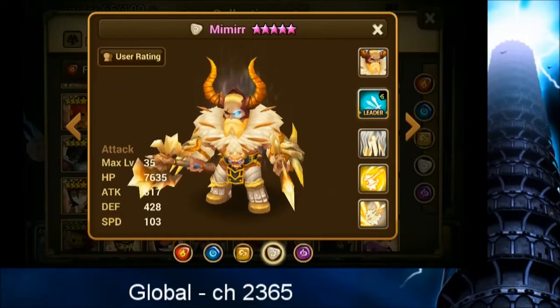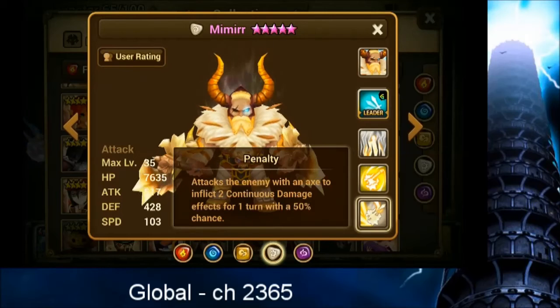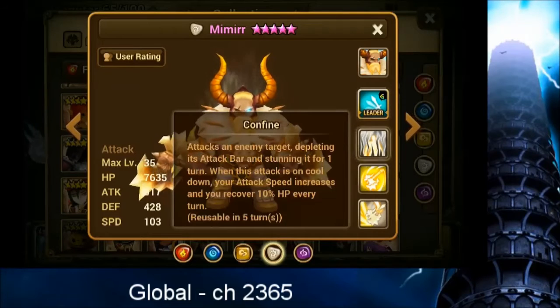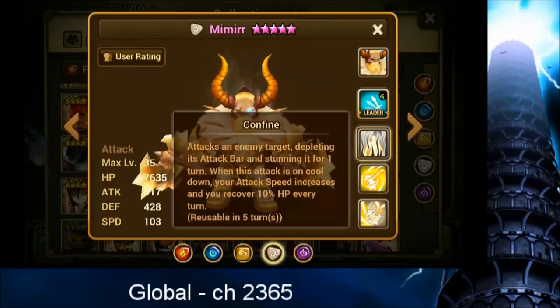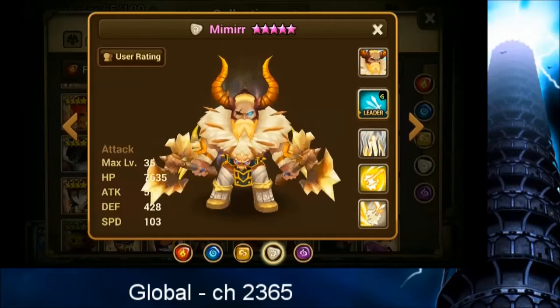And the light one. Of course, you got dots on the first skill. Has a branding effect on the second skill, just like the water one. Third skill, attacks an enemy target, depleting its attack bar and stunning it for 1 turn. So it actually can hit you to take away your attack bar and stun you. So of course, just like the other ones, attack speed increase and HP recovery every turn when this skill's on